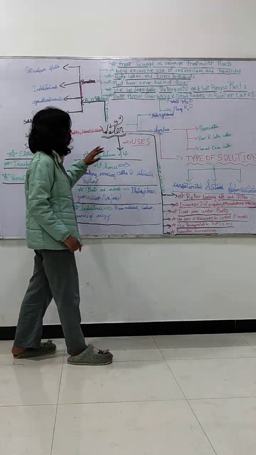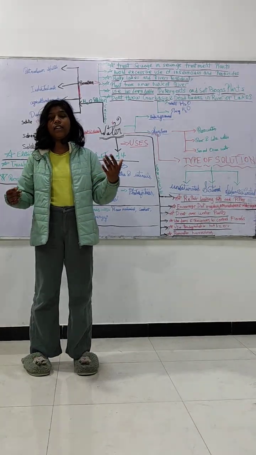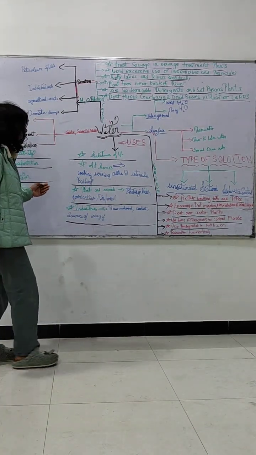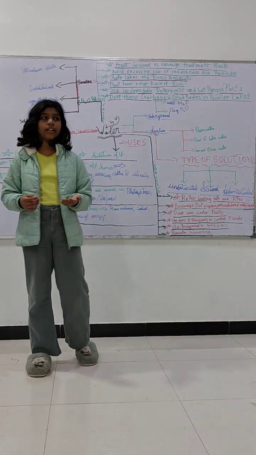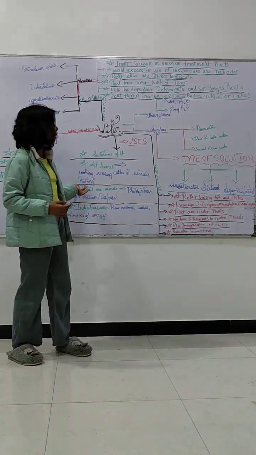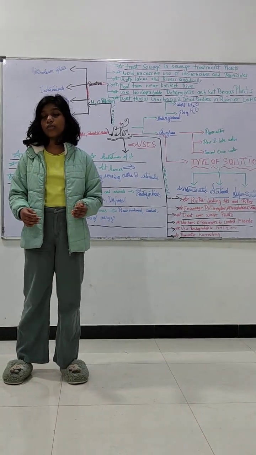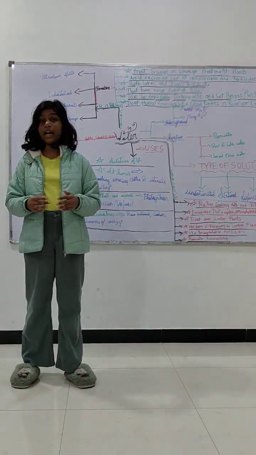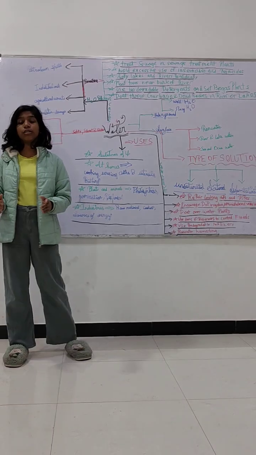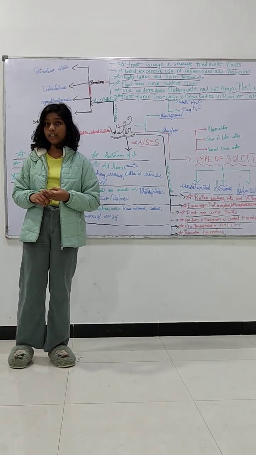Now we'll learn the uses of water. First, water is used in sustaining life, like in digestion and assimilation in our body. The second is at homes. We use water at homes for cooking, washing clothes, utensils, and bathing. Then plants and animals. Water is also used in photosynthesis, germination, and dispersal of seeds and fruits. Then industries. Water is used as a raw material, coolant, and a source of energy in industries.